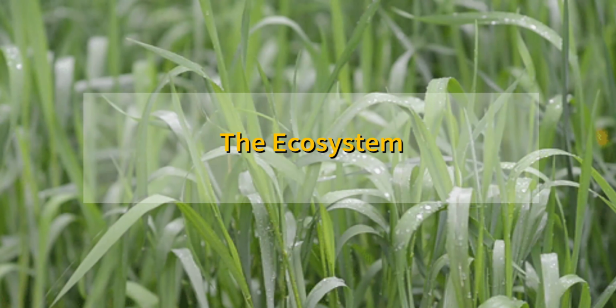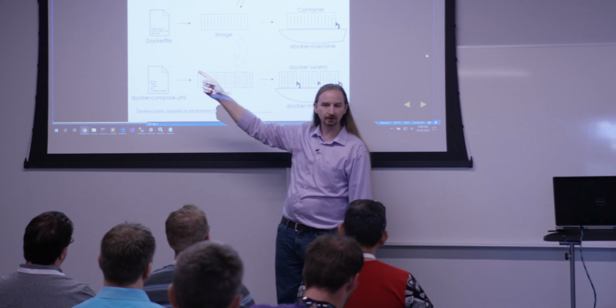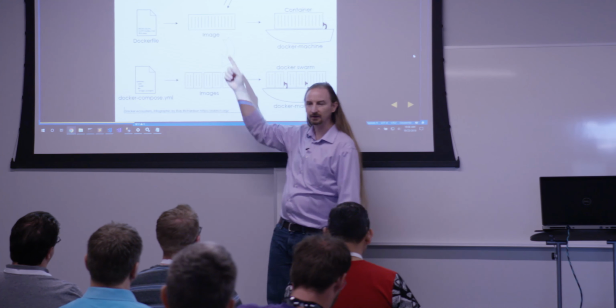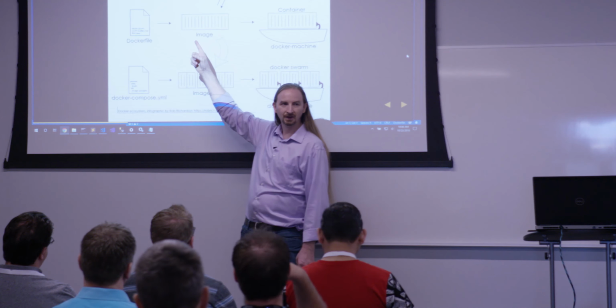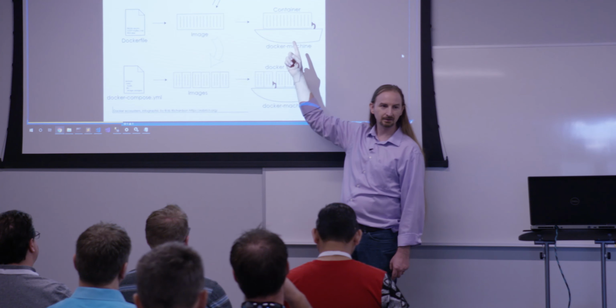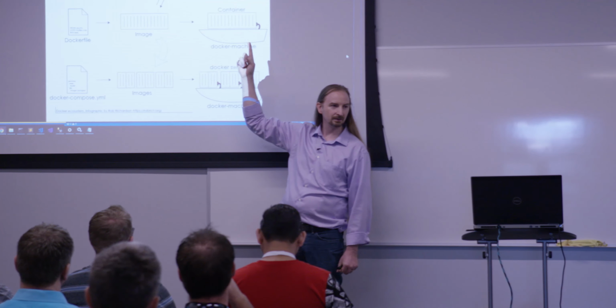So the Docker ecosystem. With the Docker ecosystem, we'll start out with a Dockerfile, and it explains configuration as code. We will take that Dockerfile and build it into an image. We can share that image with Docker Hub. And what's really cool, we're sharing that binary image. We're not sharing the source code. We'll have source code that is metadata associated with that, so you can rebuild it if you really wanted to. But I don't need to recompile the kernel once I download it. I have an image that is perfect. We'll run that image on a Docker machine as a container. So an image is like the binary, and a container is like an instance of that binary.